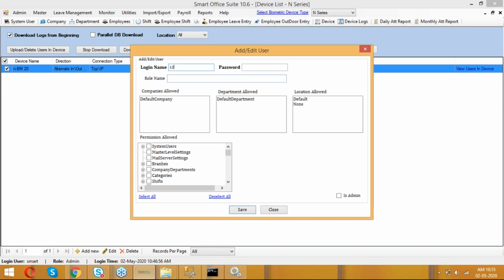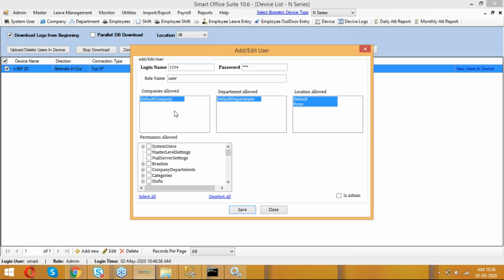For example, I'm creating one user here. For that particular user, select the companies allowed and departments allowed, so they get access for that particular location or company.